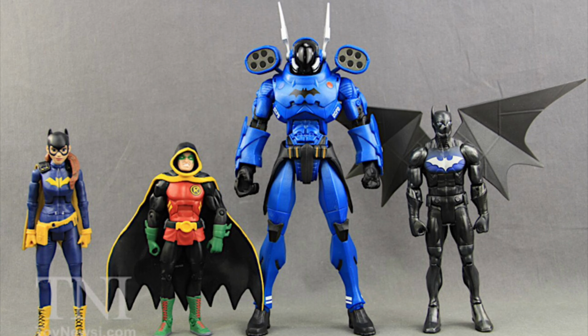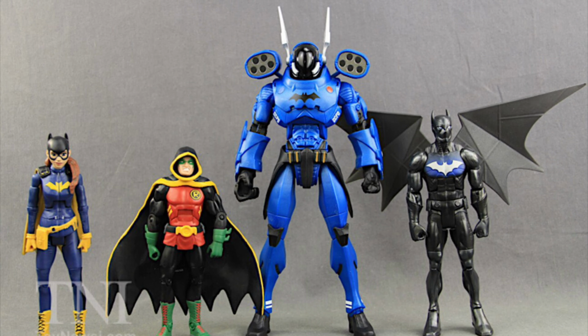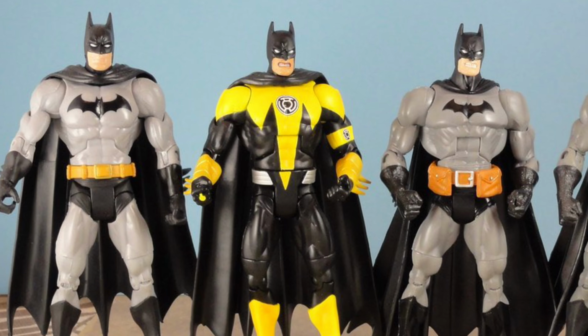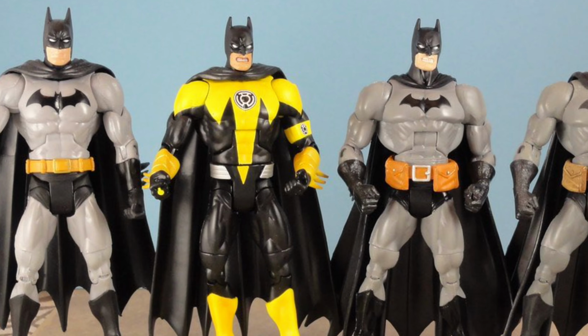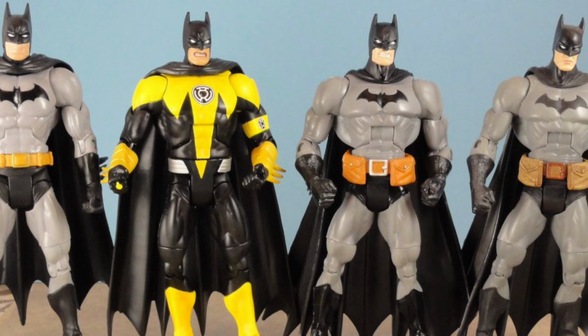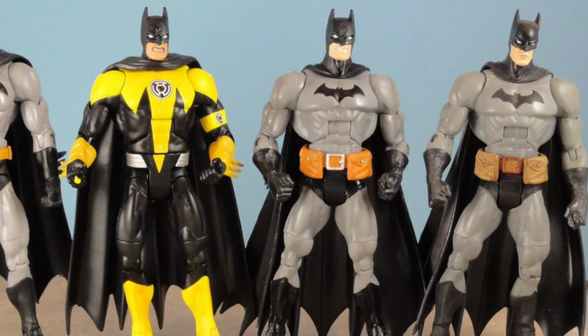Now this one is mostly comic book inspired, but once again, we're still living in the world of Batman. We've gotten a Batman figure every wave, which is of course not exclusive to the DC Multiverse line from Mattel. You know, the DC Universe Classics would do something very similar with Batman and Superman, so I'm not exactly going to pretend and act as if that was the problem, but you're noticing that we're only sticking in the world